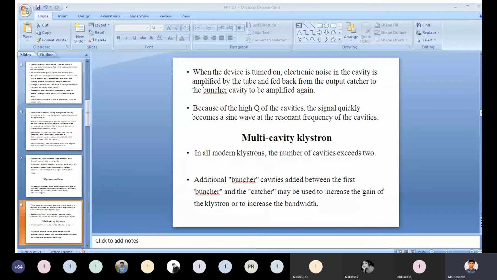Next one is tuning. Some klystrons have cavities that are tunable. They will have a tuner inside, and you will be able to tune by adjusting the frequency of individual cavities. The signal is changed with the help of frequency only. So by adjusting the frequency of individual cavities, the technician can change the operating frequency, output power or bandwidth of the amplifier.